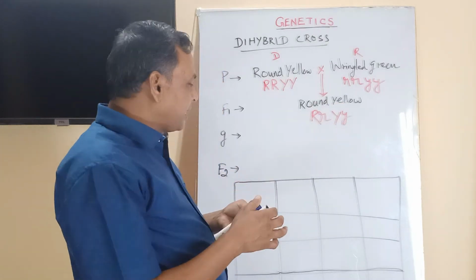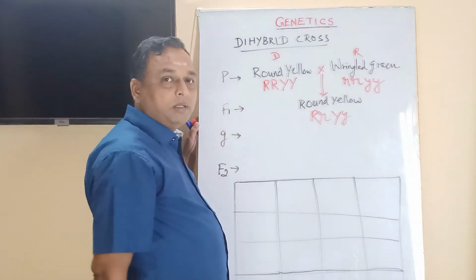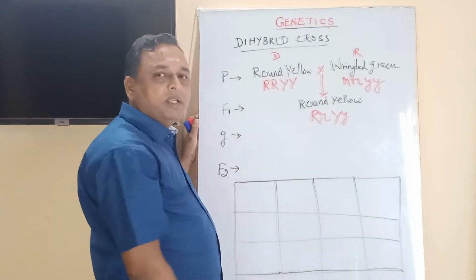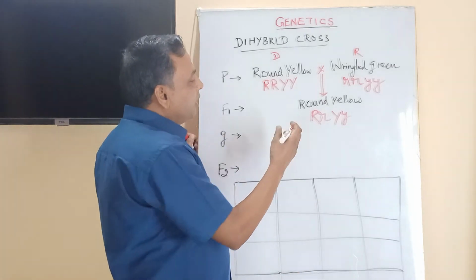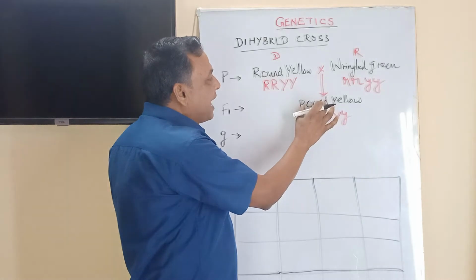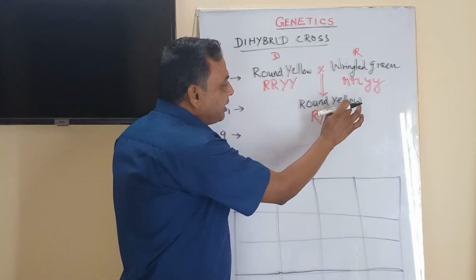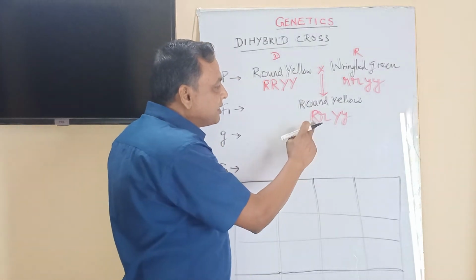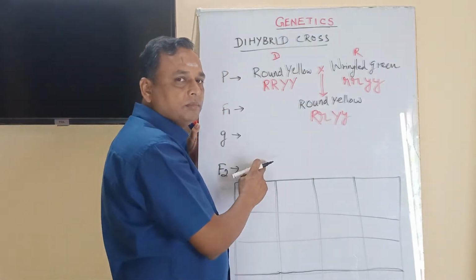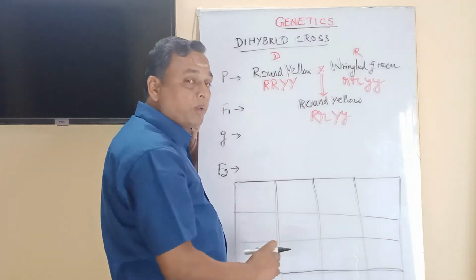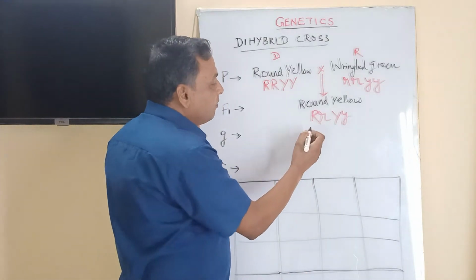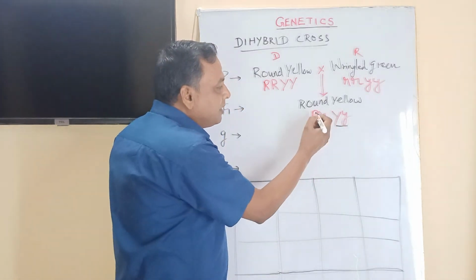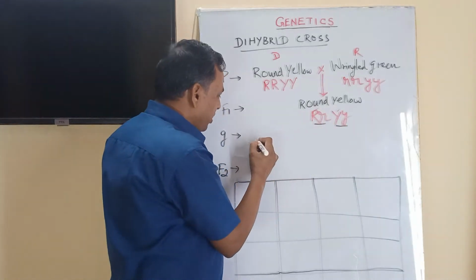Now next, what is required? We have to produce a gamete. If you know how to prepare a gamete in a dihybrid cross, the remaining workout is easy. What we have to do? Round is one trait, its pair is wrinkled. Yellow is one, its pair is green. You should not mix R with Y in the offspring. In the gamete we can have it. For example, these two together, one, these two together, another. How is it going to add? This capital R joined with capital Y is one gamete.